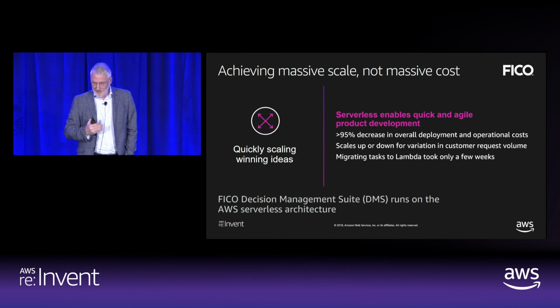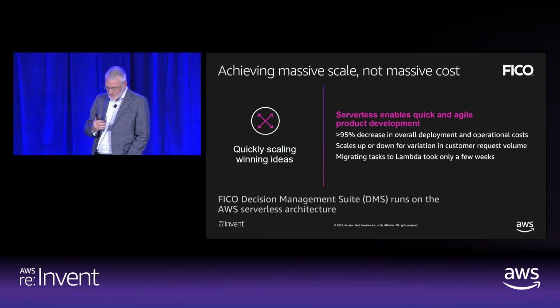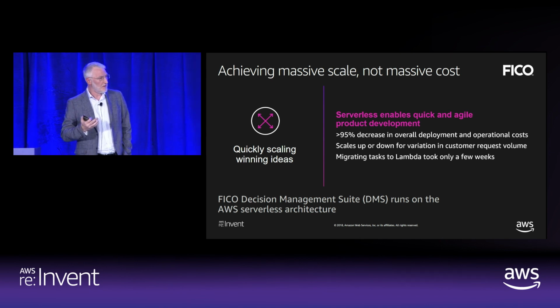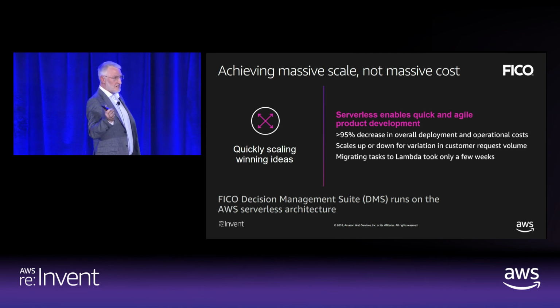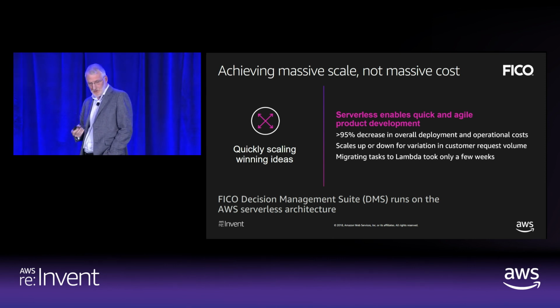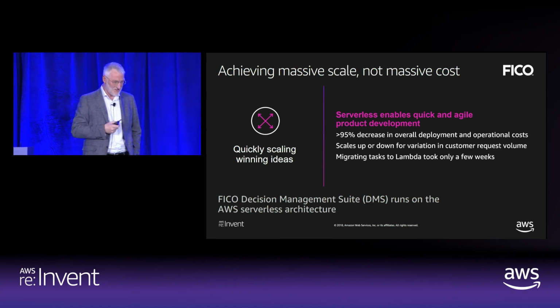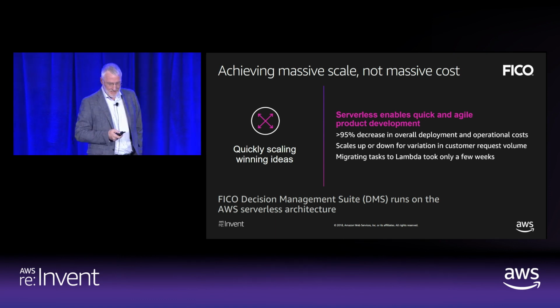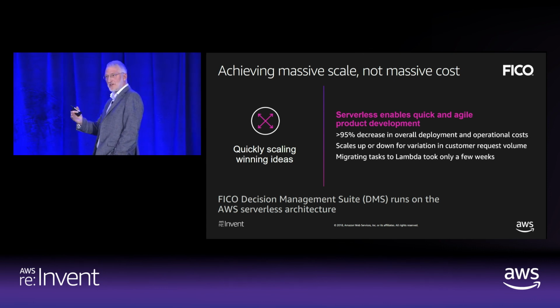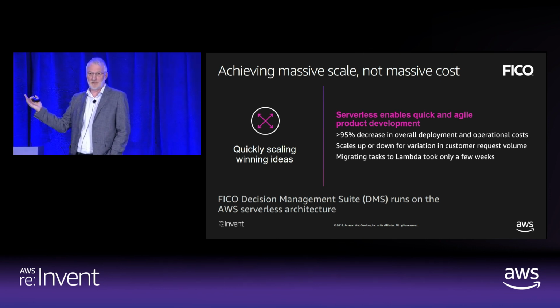So they were able to refactor their application using serverless, using Lambda. And now they don't care about this variability because they scale up and down as needed. And so they reduced their operational cost by 95%. 95%, that's, again, astonishing. And what I especially like is this ability to migrate things into Lambda very quickly. So they were able to rebuild their application in a matter of weeks using serverless.